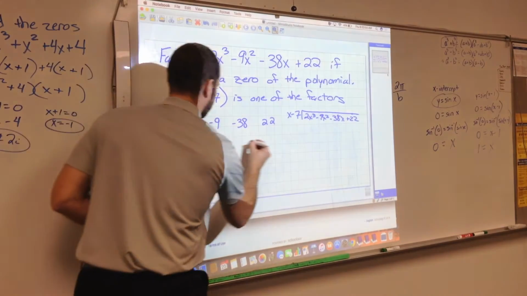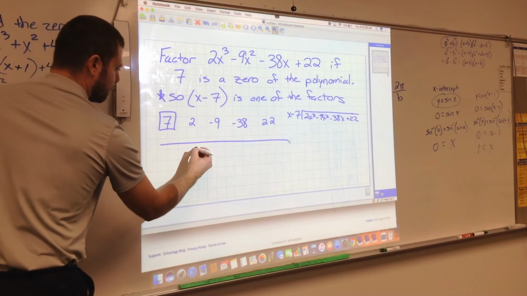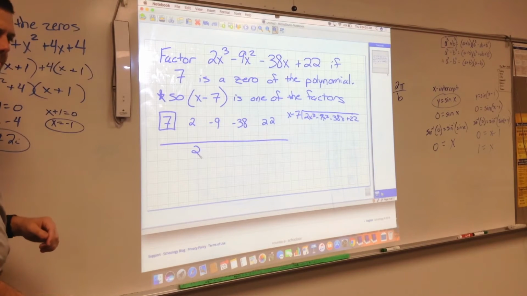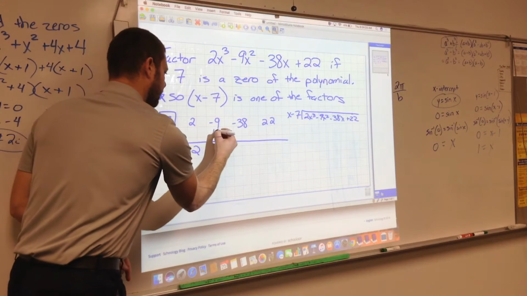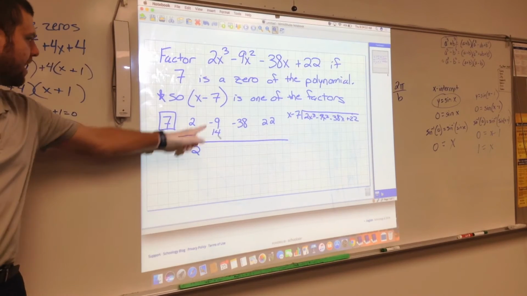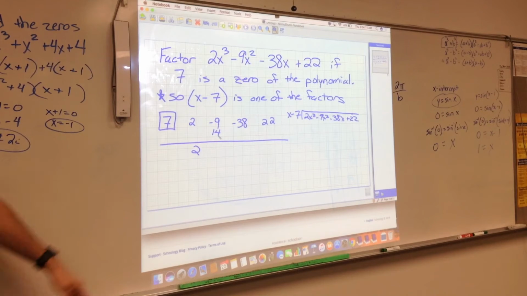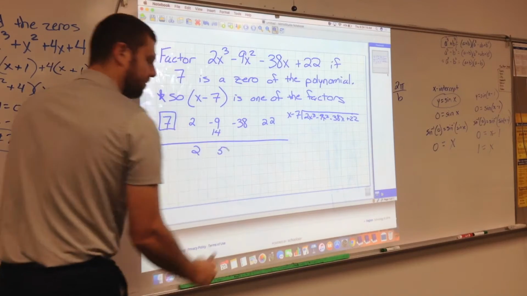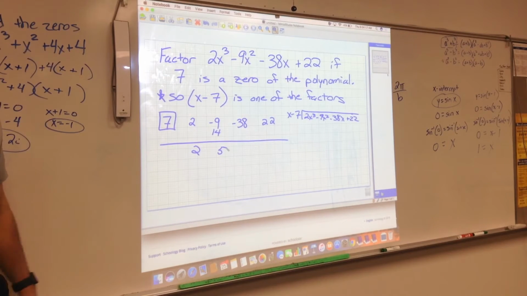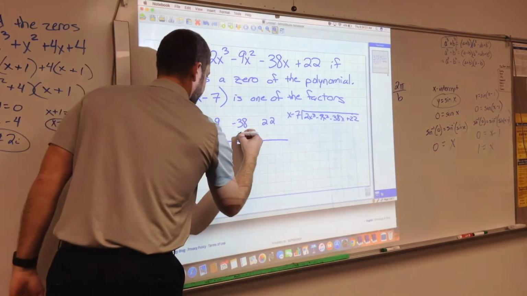Alright, so here's how you do synthetic division. You draw a line, you take the very first coefficient and you drop it all the way below the line. Then you take that number times what's in the box and put it just underneath the next guy, the next coefficient, and then you add those numbers together. So negative 9 and 14 add together and make 5. And then you just do it again. Take this number times 7, 35,